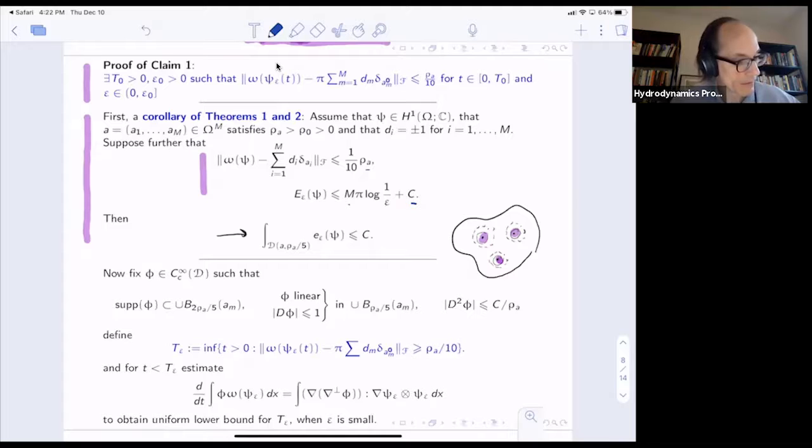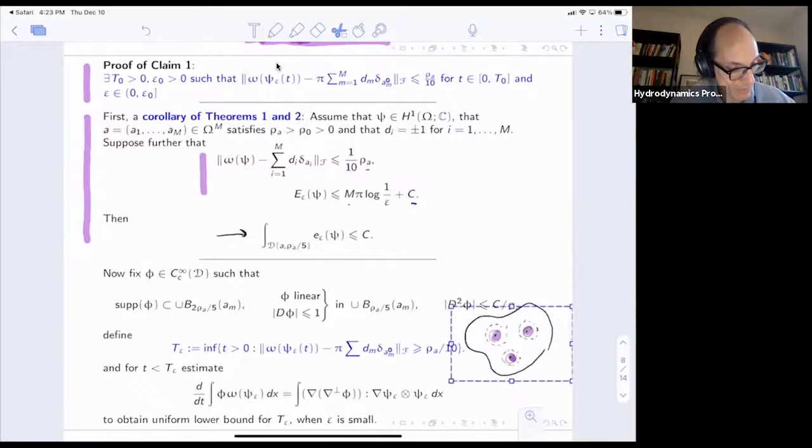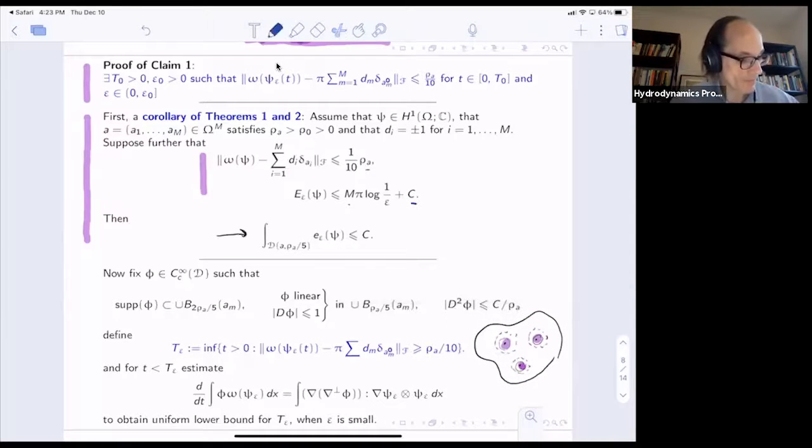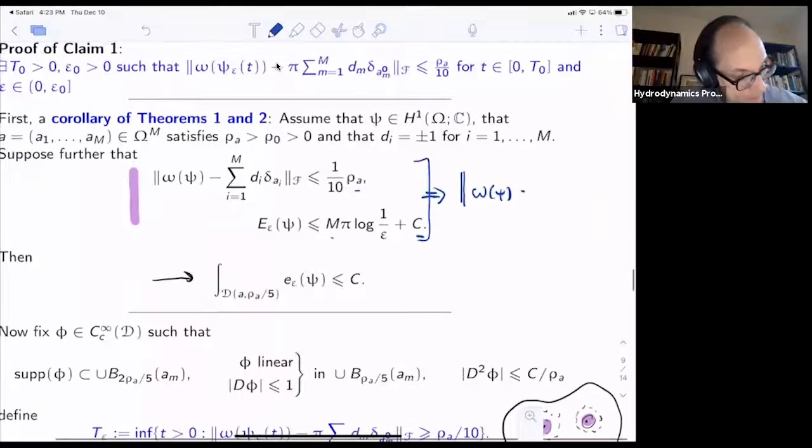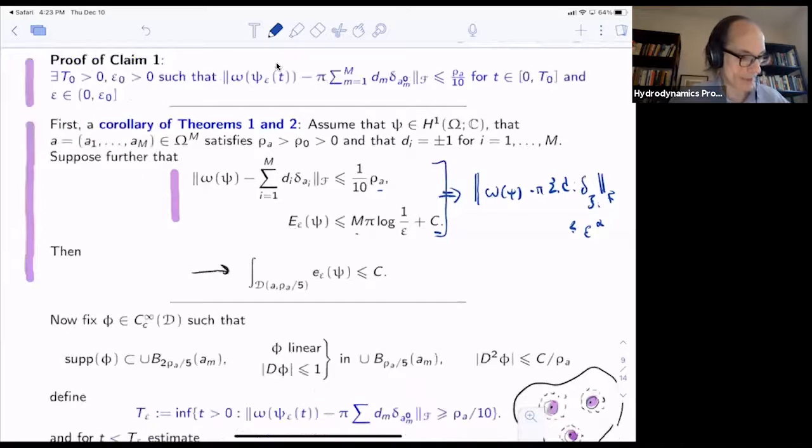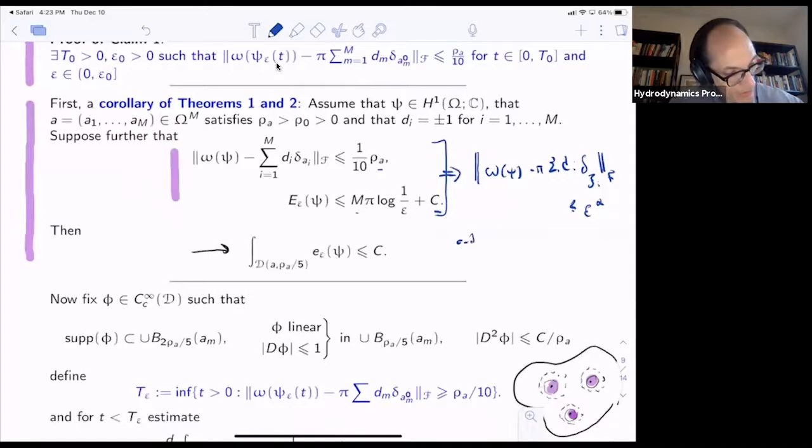Let's see. I'll just sketch this. Okay, there's the picture. And so the proof says that under these hypotheses, so this is what theorem 1 tells me. Okay, if epsilon is small enough, this is true. And so then what? And also I can see, say,